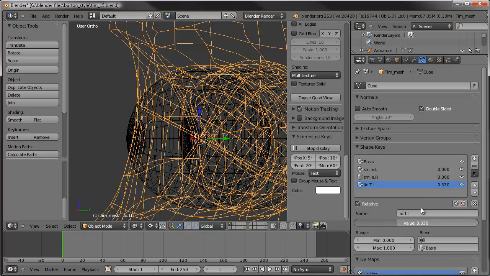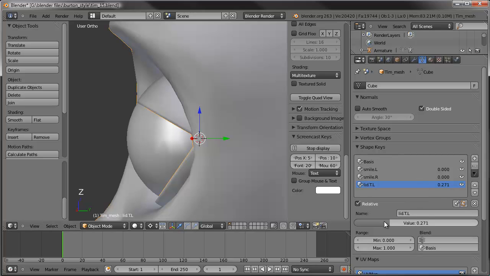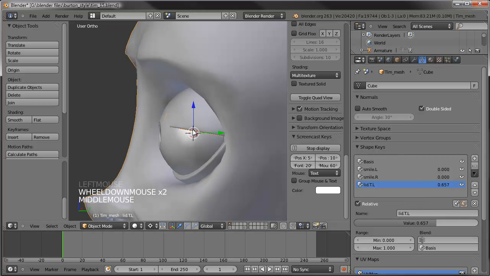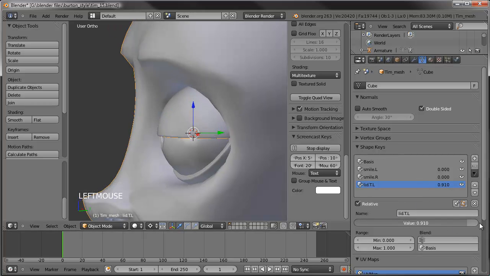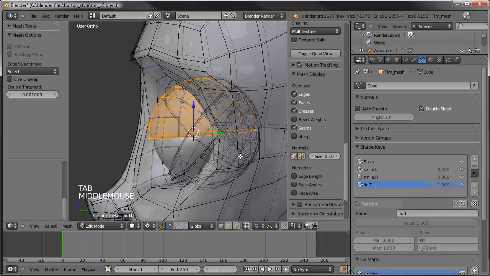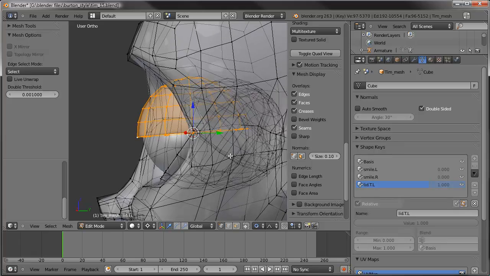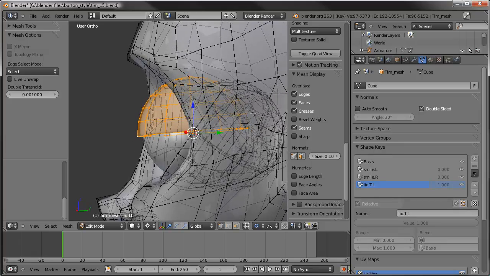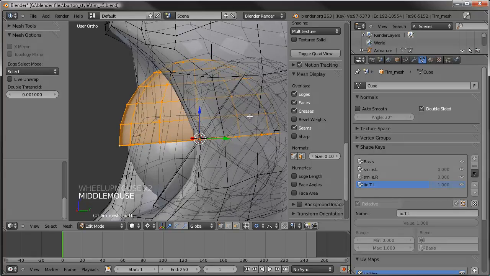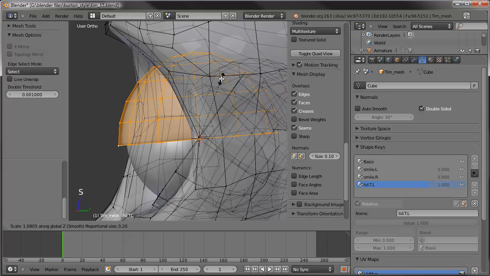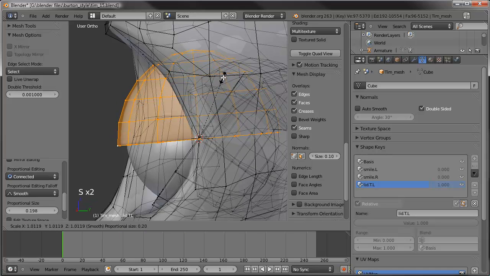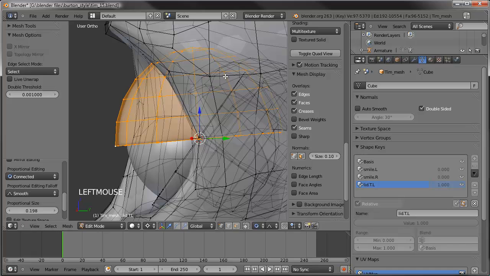So the problem with that is since it's not rotating around, we'll accidentally be going through the eyeball at some point, as you can see right there. So one way we can compensate for that is, let's rotate around, get our scene set back up, is we can just scale the eyelid a little bit bigger,